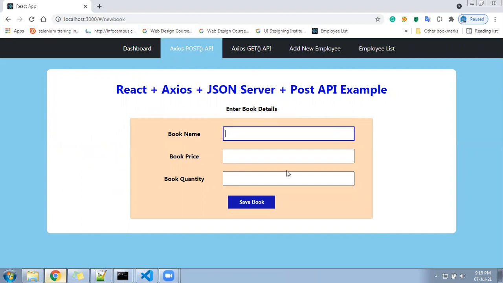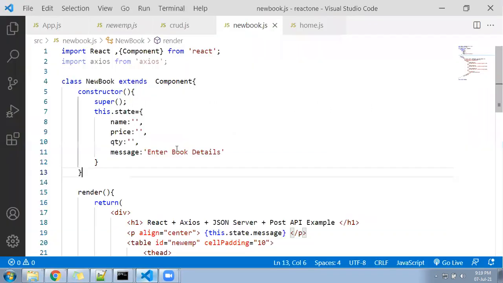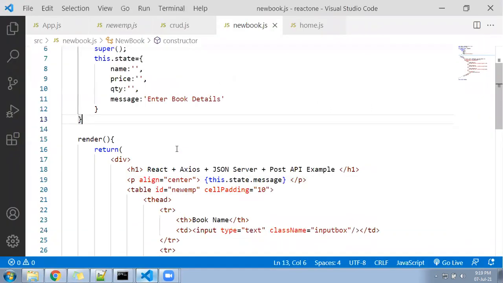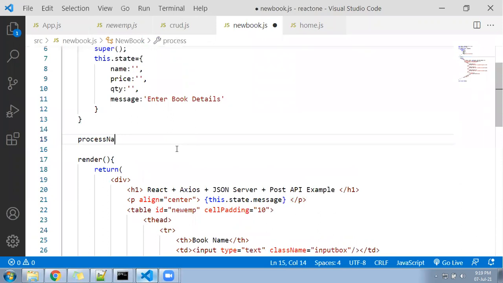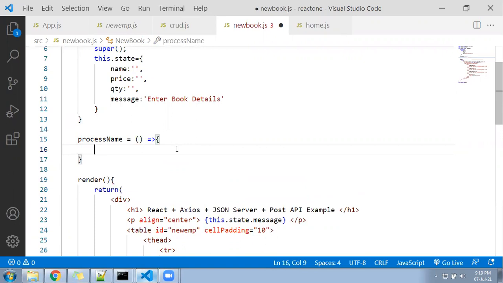Okay, now next we need three functions to pick the value of these text boxes. Simplest method I am following for you. It should not be difficult. Okay, so let me write a function saying process name equal to, as I have explained in the previous video, why we are following the object. Object is going to point to a particular element to pick the value and pass to a state.